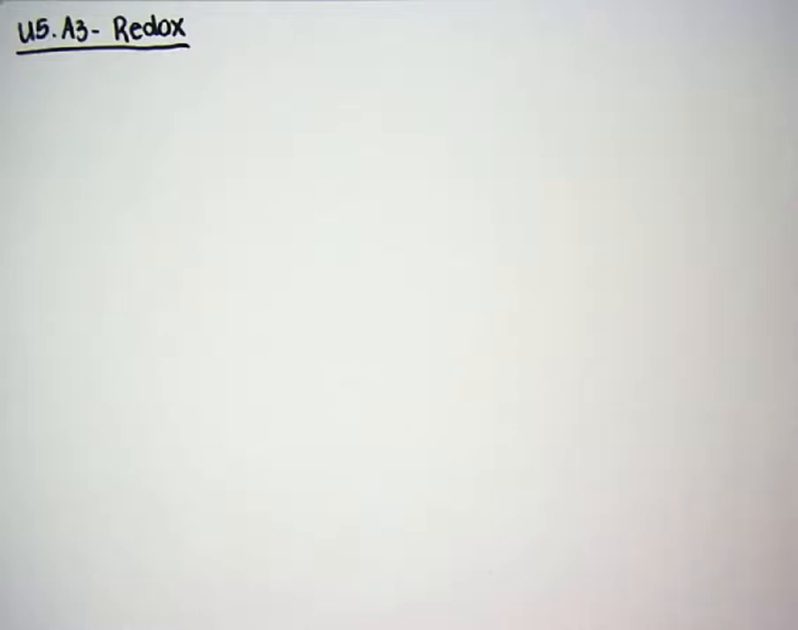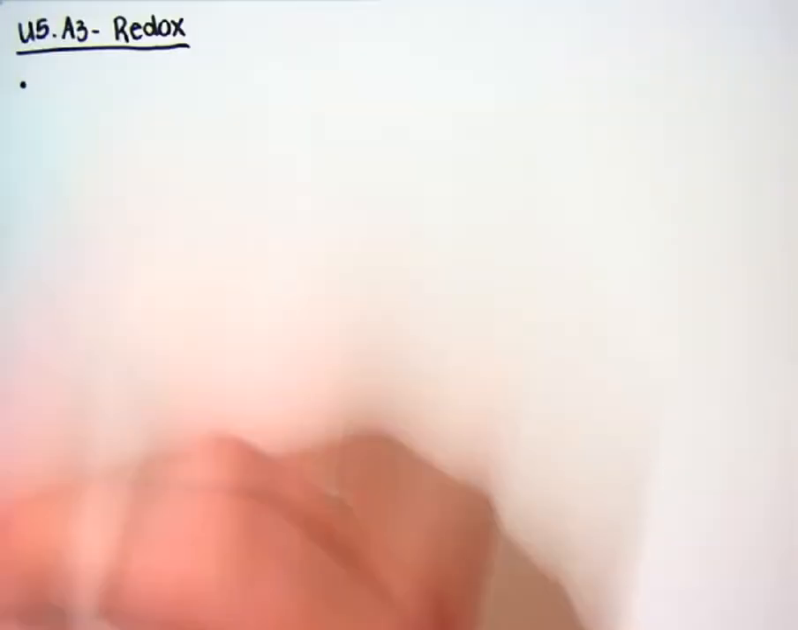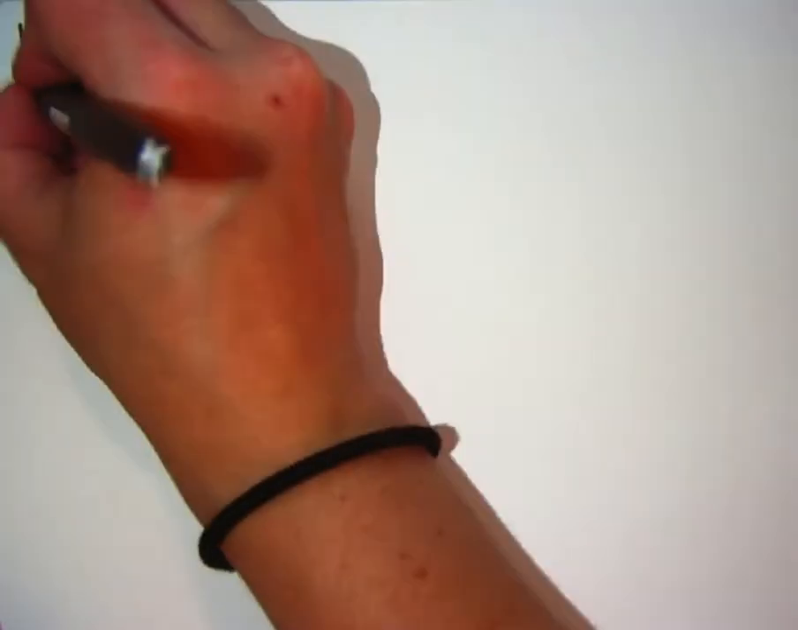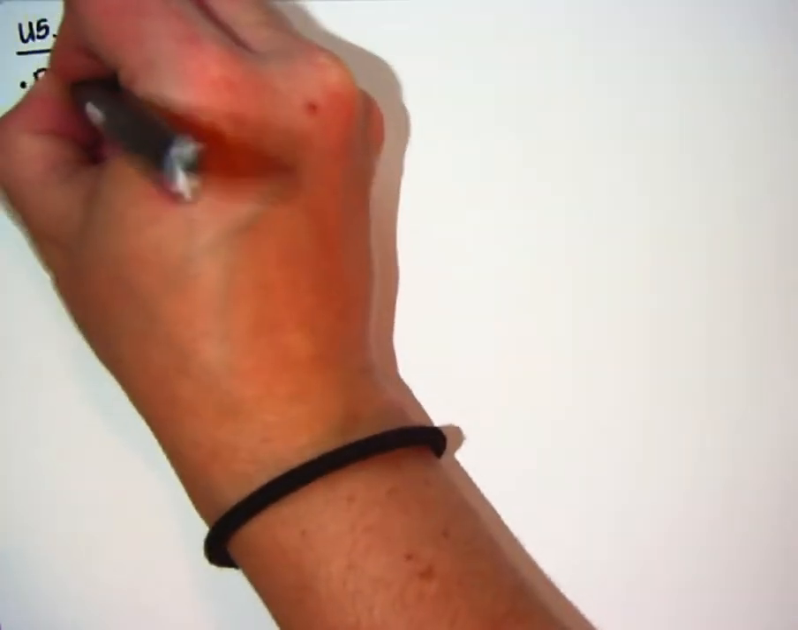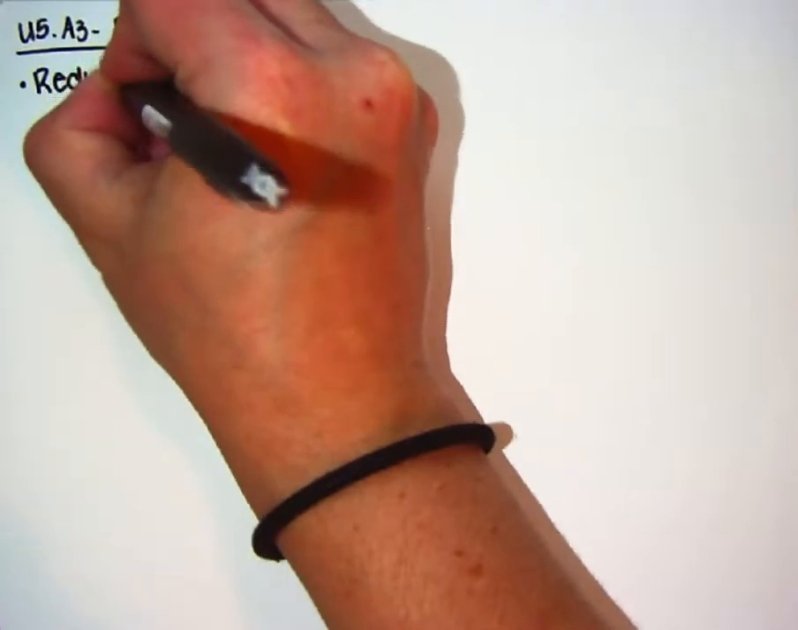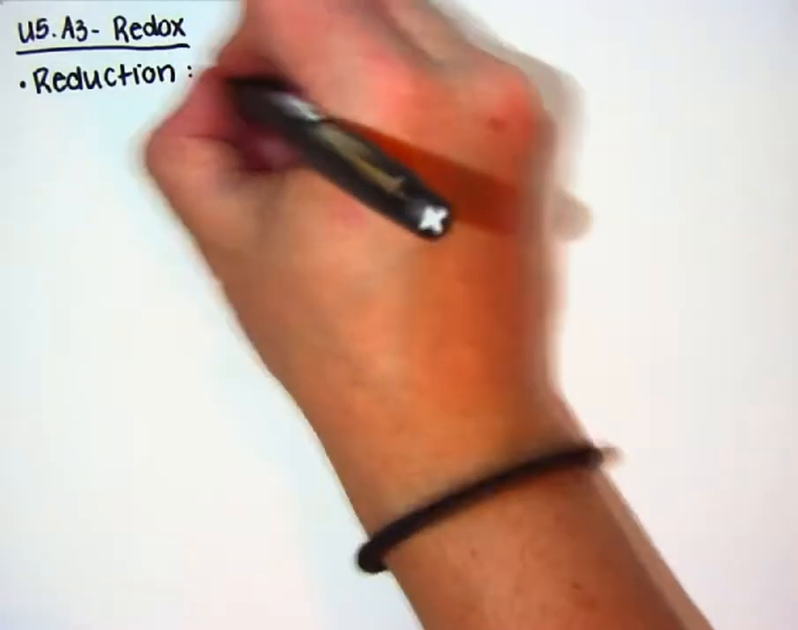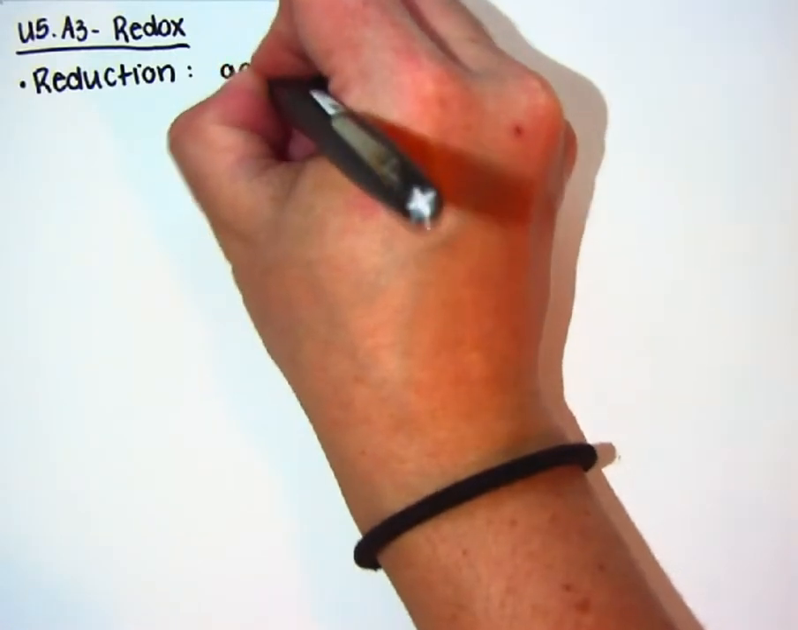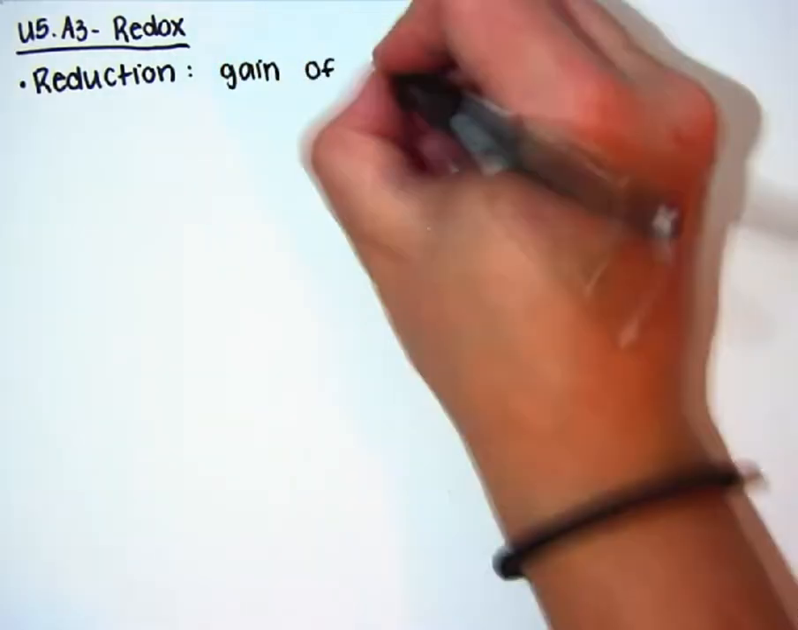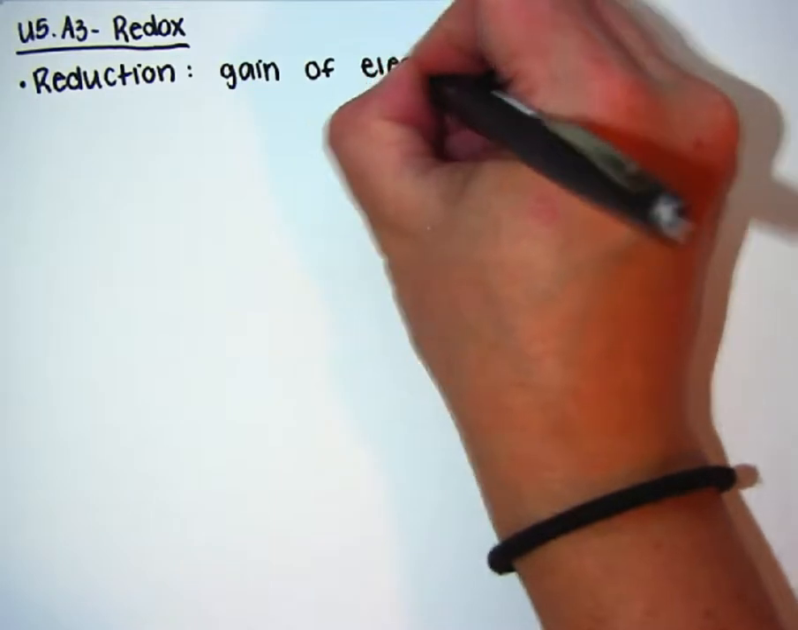In this lesson, we're going to cover Unit 5, Acquisition 3, Introduction of Redox Reactions. So when we're talking about a redox reaction, there's two parts to it. There is reduction. Reduction is the gain of electrons,